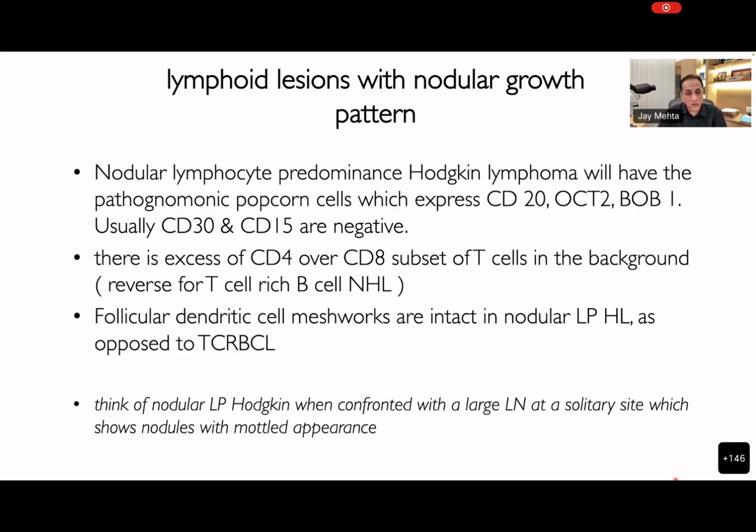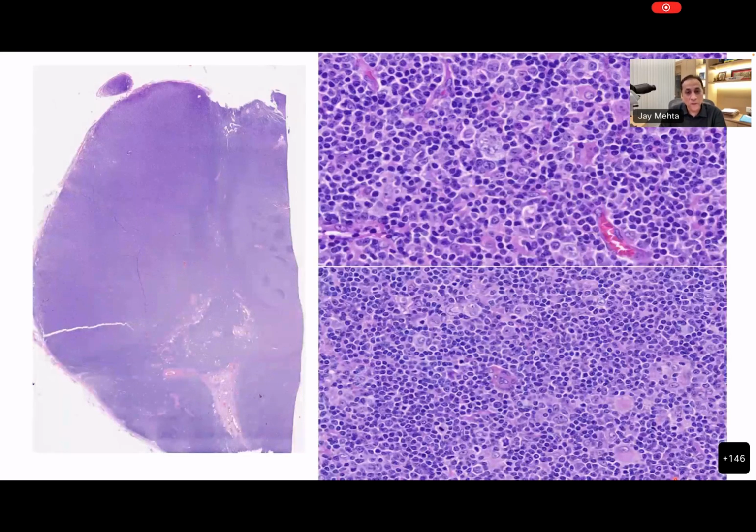Now, you should think of nodular lymphocyte Hodgkin lymphoma when you're confronted with a big potato lymph node at a solitary site. So it could be in the axilla or the inguinal region where you see a big lymph node. Start thinking of nodular lymphocyte predominance Hodgkin disease or lymphoma. So here's another picture, the very large nodule here, which is involved by this, gives you a mottled appearance by